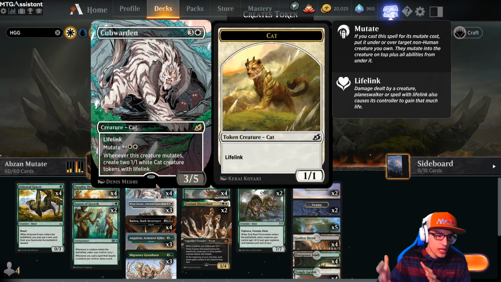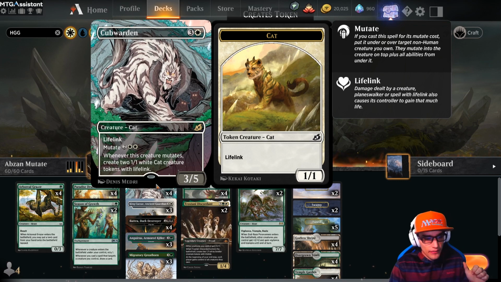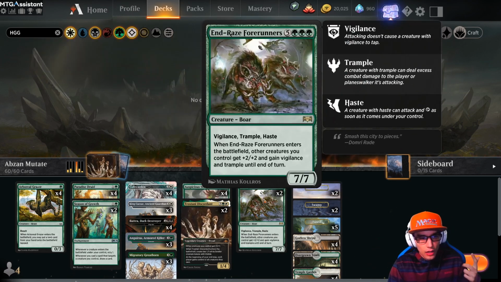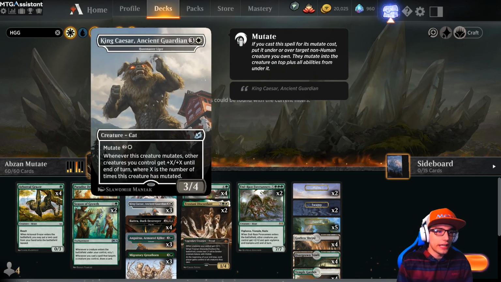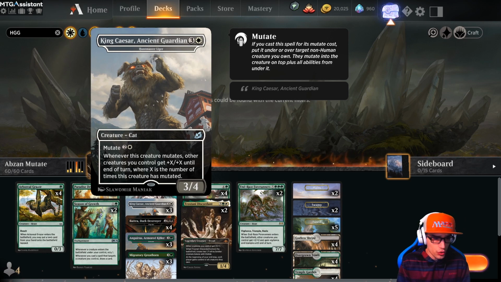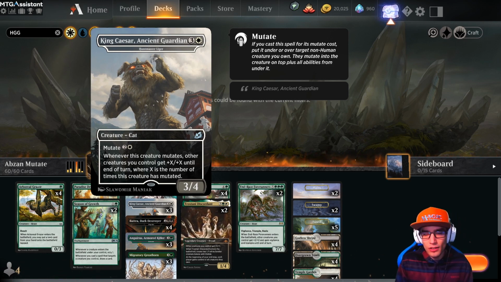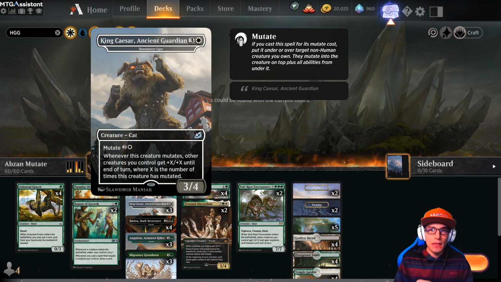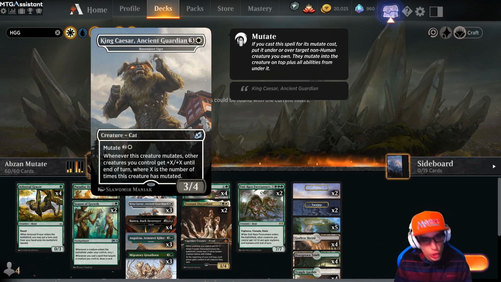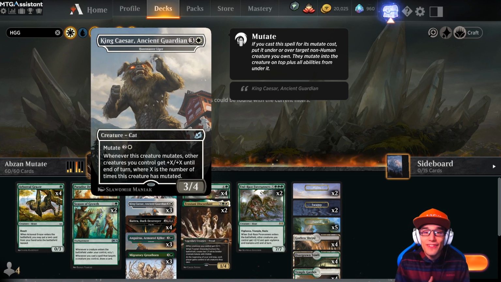Whenever it mutates, create 2 1/1 cat tokens. These cat tokens can be buffed by first our Trostani, later on by our Endraiser for lethal, but most importantly, our King Caesar Ancient Guardian. Whenever this creature mutates, other creatures you control get +X until end of turn, where X is the number of times this creature has mutated. We had a couple turns where we made 22 1/1s, which became 2/2s. So the amount of tokens you can make within this deck is no joke. Don't underestimate King Caesar. If you can turn those 2/2s into 5/5s and 6/6s,